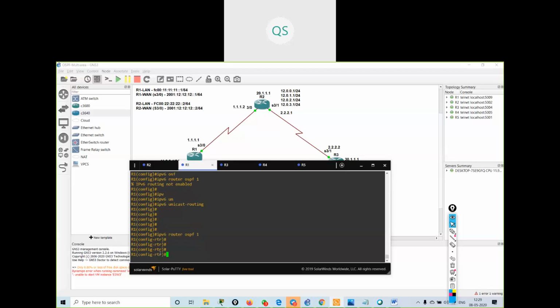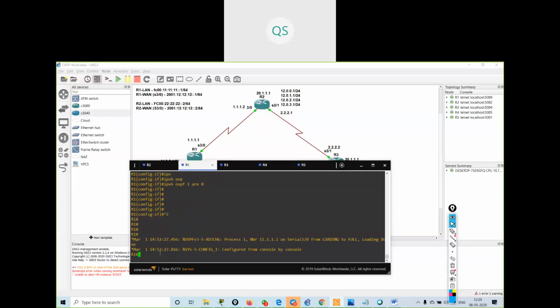Now I will come outside and go to interface FastEthernet 0/0. It will be in ipv6 ospf 1, and it will be in area 10. Then I will go inside interface serial 3/0 and say ipv6 ospf 1. It will be in area 0.